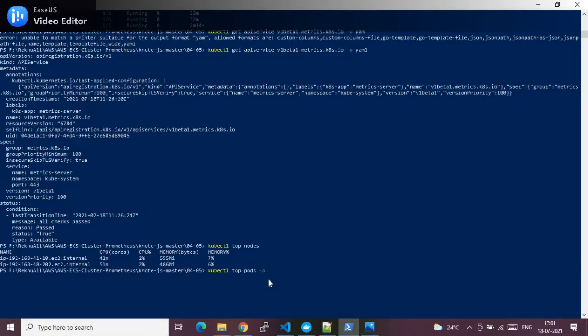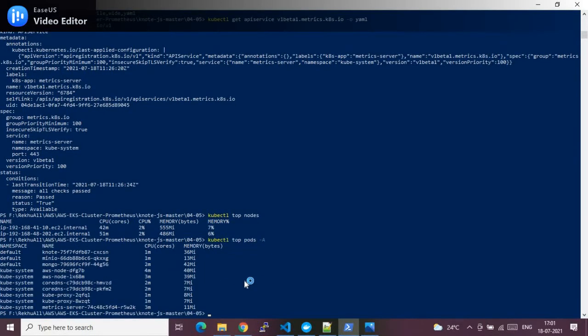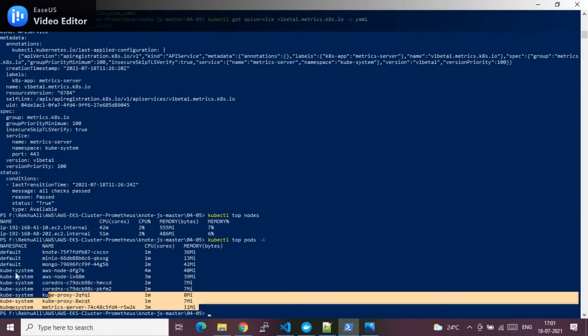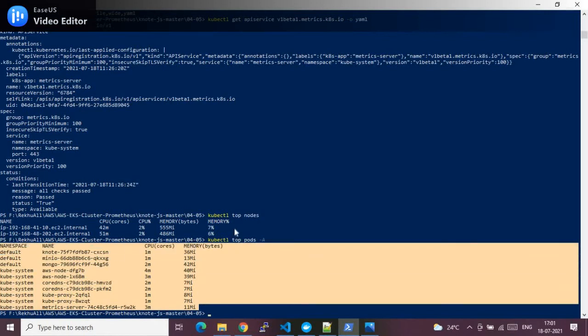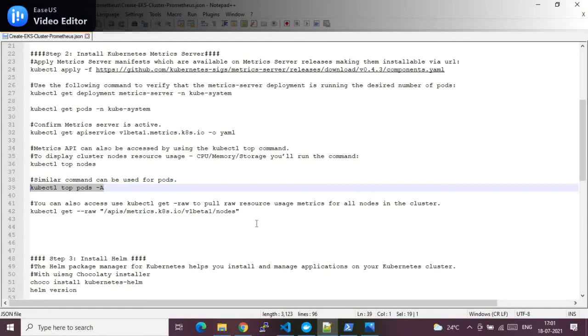So this is the command. Again, top will retrieve the CPU usage or performance of the pods. So that data will be gathered here, similarly to our nodes. Here we go, you can see that data is now gathered. So once we enable the metric server on the Kubernetes cluster, we are able to gather the metrics data of our cluster workloads. Now let's go one more step ahead and check